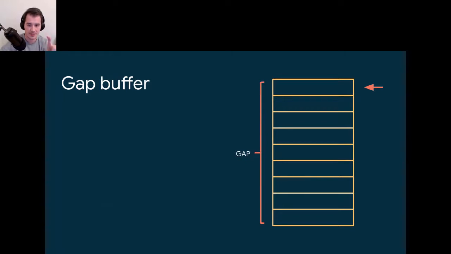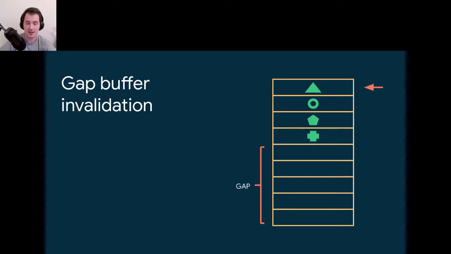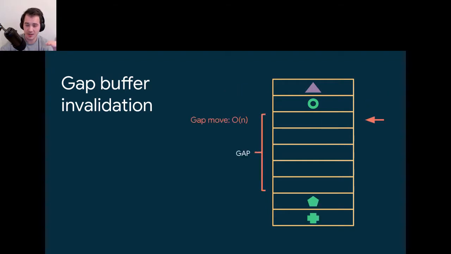So the fun part is we can perform several operations on it, right? We can insert items at the start of the gap. We can reduce the gap at the start and insert something. We insert more things. And also we can invalidate, right? We can jump to some position in a gap buffer and update. It's all constant operations, by the way. And we can also move the gap. So this is the very interesting operation. This is the only operation that is not constant time. So it's kind of expensive, right?